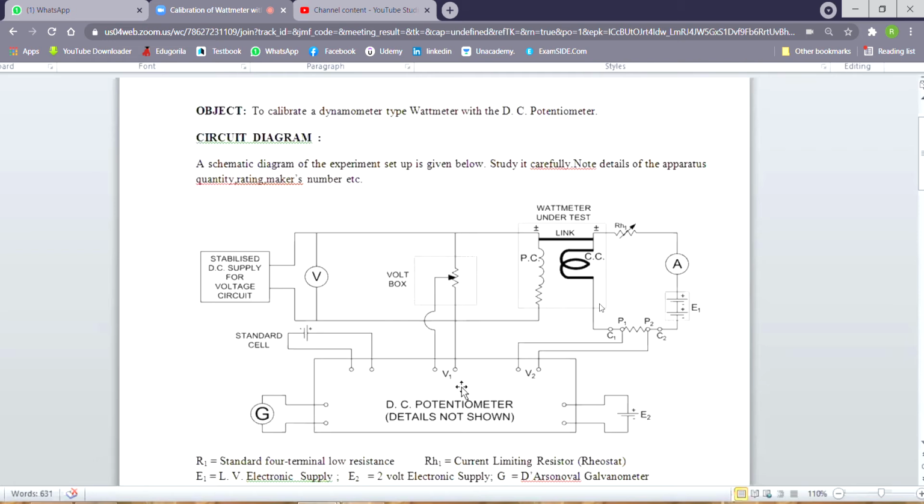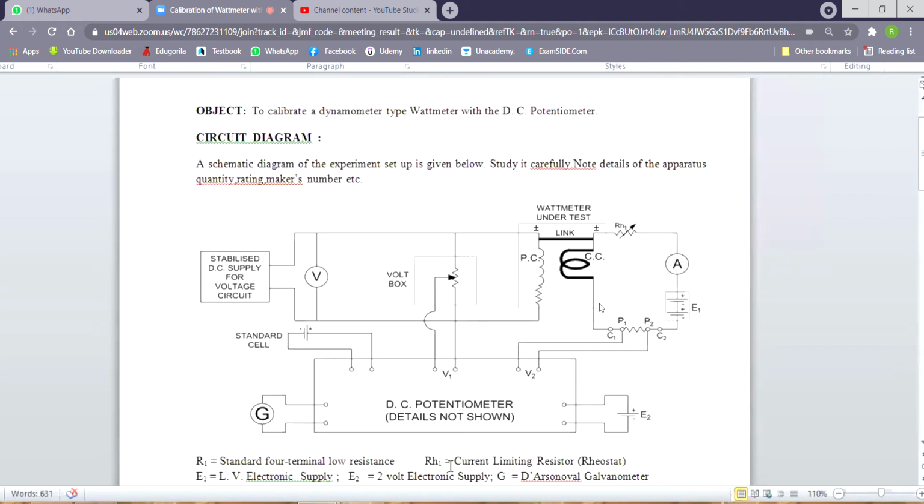That 1 volt will be applied as V1 as the input to the potentiometer. Now our task will be to measure V1 by the potentiometer. Somehow we will measure it. So once we measure V1, which is in the range of 1 volt, what we will do? We will just multiply that voltage V1 with a factor of 100, to get back our original voltage that was stepped down earlier. So if we get V1 equal to 0.95 volt, then it will be 95 volt in the pressure coil, something like that. So that's how we are doing it.